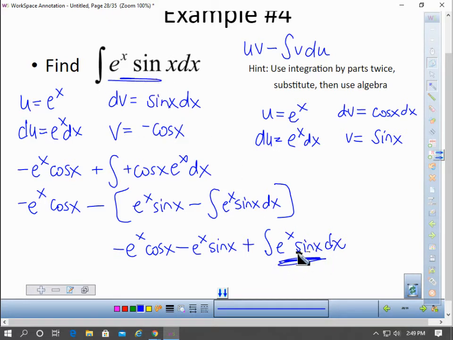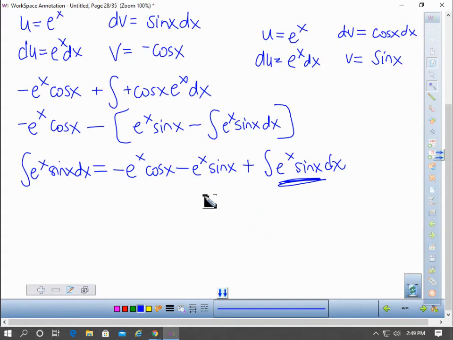It's like, bummer. Well, here's what we're going to do. What have we done so far? We've done that the integral of e to the x sine x dx equals all this stuff we found so far. So this is our original problem. So we're going to say, oh, wait a minute. Our original problem equals this stuff right here. Okay? So now I can